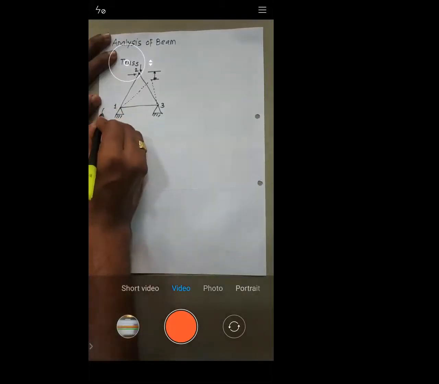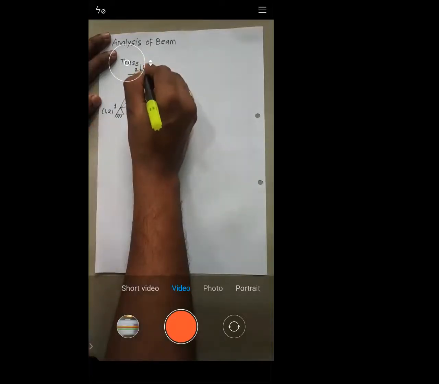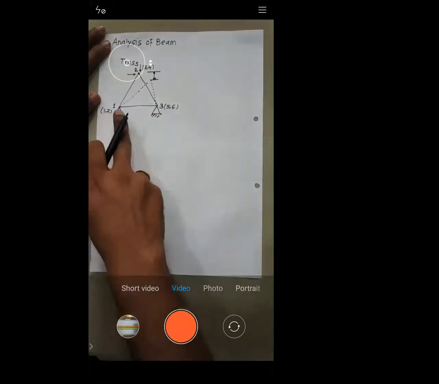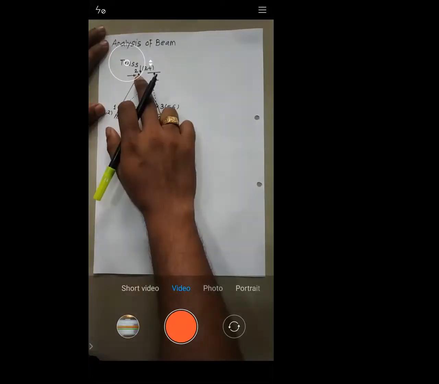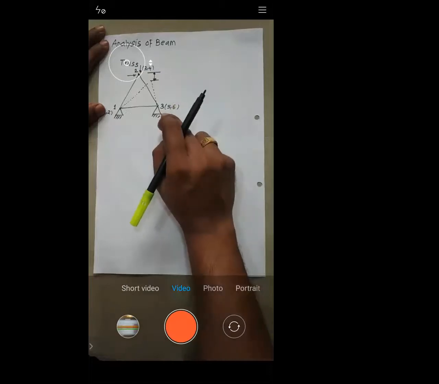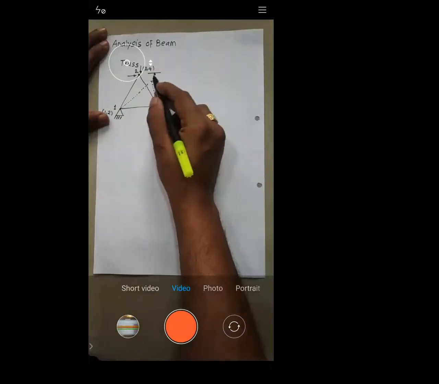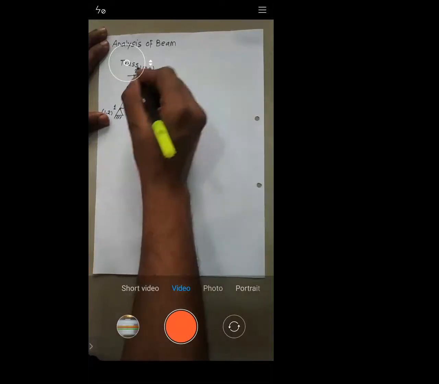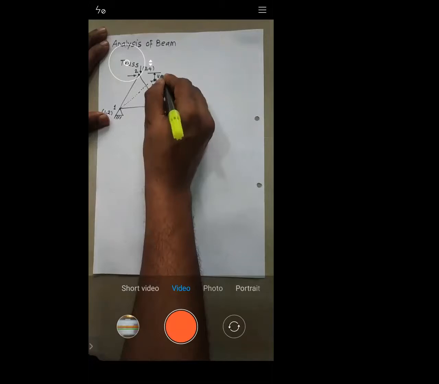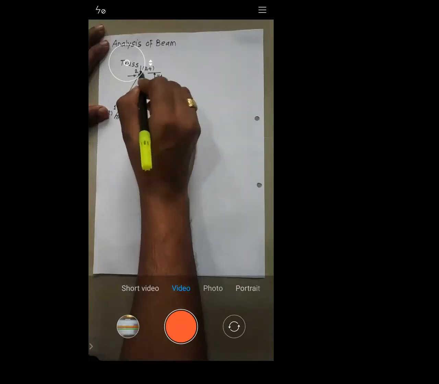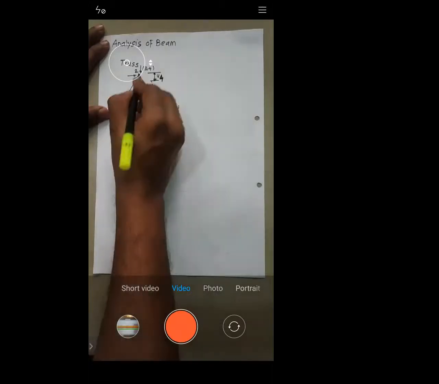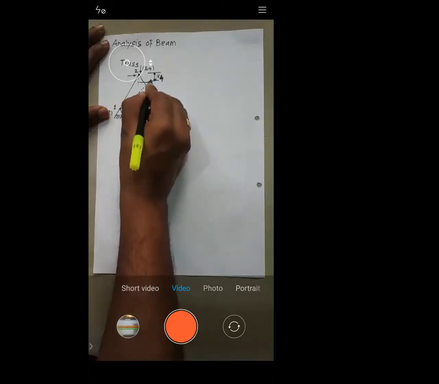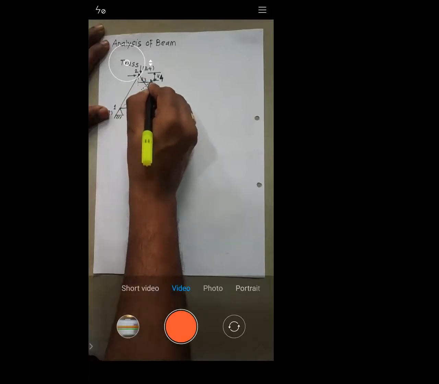Now each node will have 2 degrees of freedom, 1, 2. This will have 2 degrees of freedom, 3, 4, and this will again have 2 degrees of freedom, 5, 6. So node 1 has degrees of freedom 1, 2, node 2 has 3, 4, and node 3 has 5, 6. This is U3. Sorry, this is U4. This is the displacement of node 2 in Y direction. And this term is nothing but U3. Is it okay?